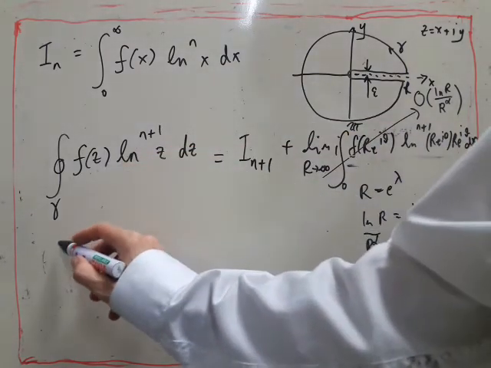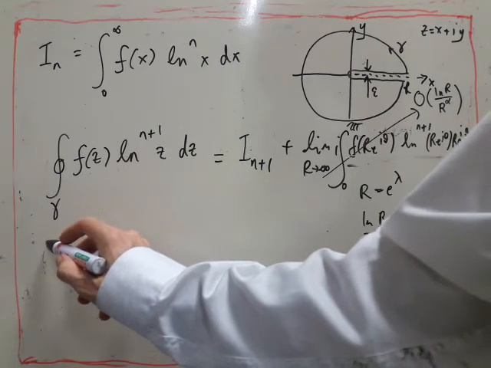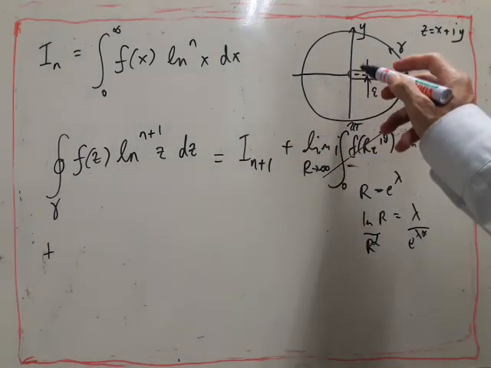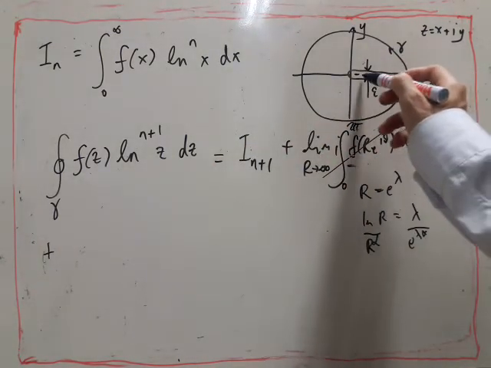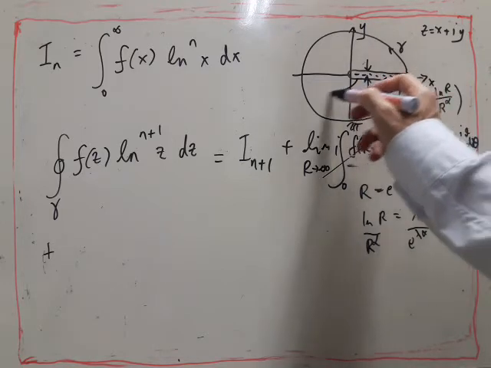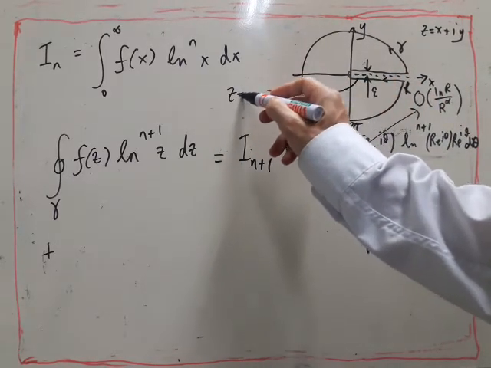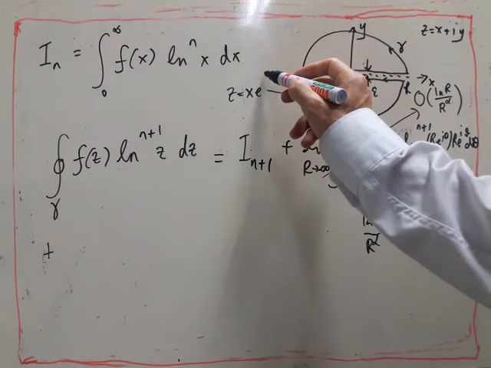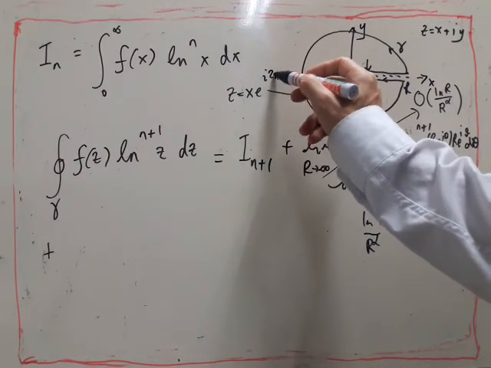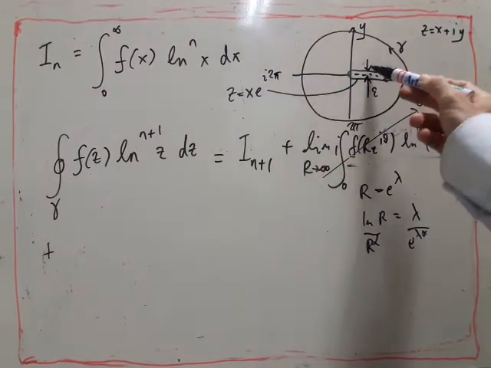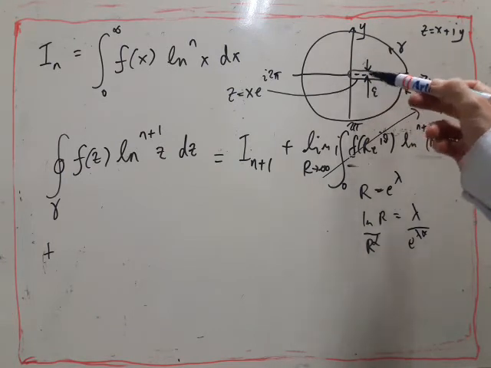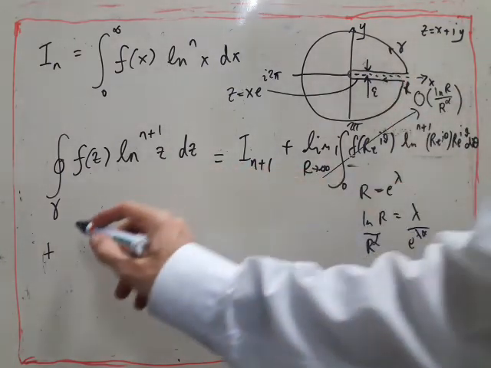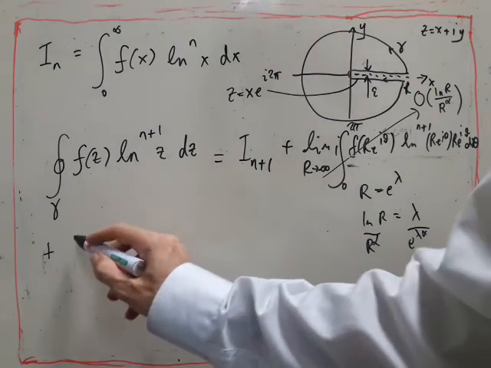Then this crucial thing is the next step. So what happens in the next step? When you integrate along this line here, we've got z equals x times e to the 2 pi, because remember, the argument is going from 0 round to 2 pi. So if we write it like this, then we end up with